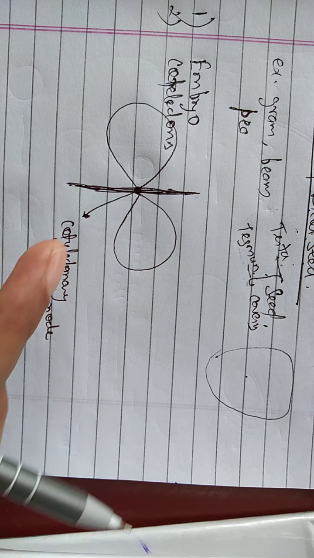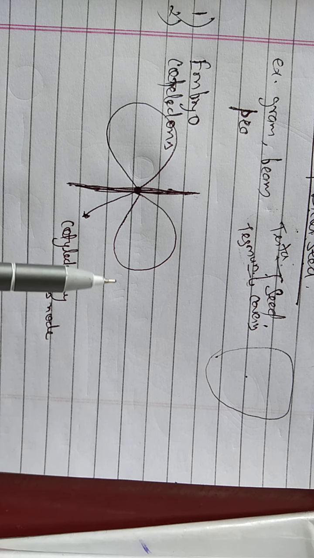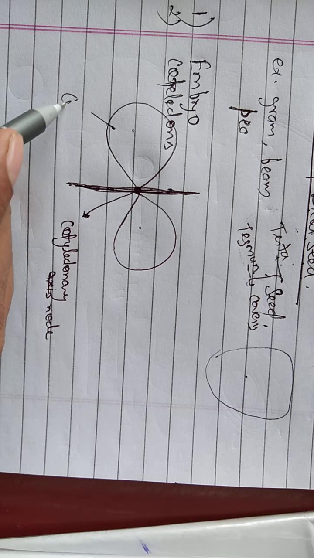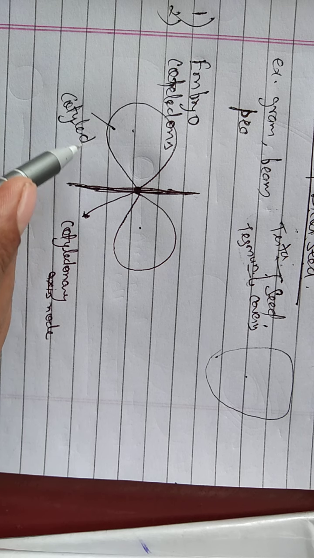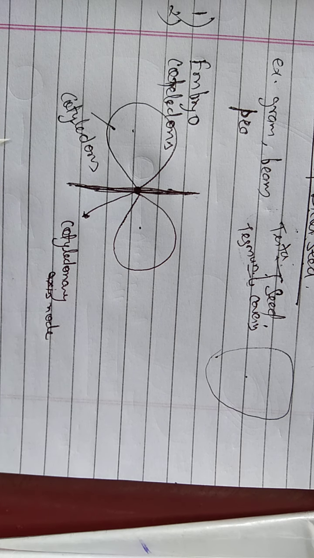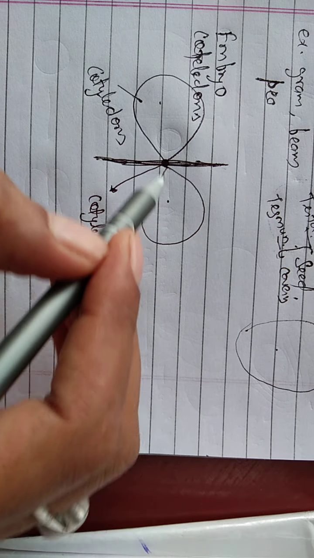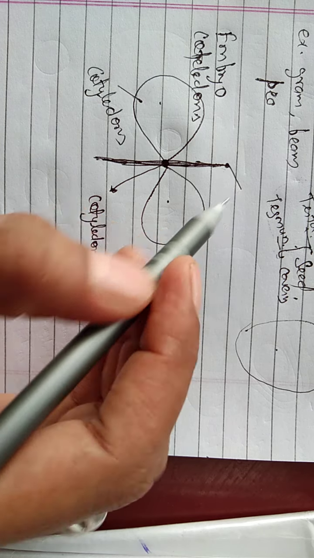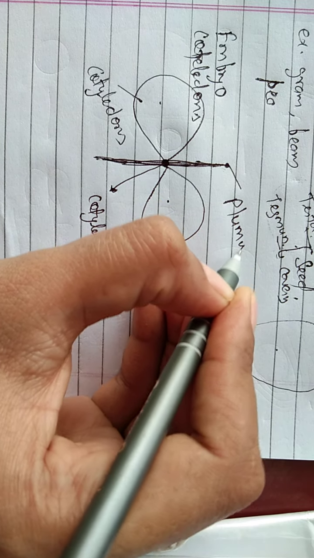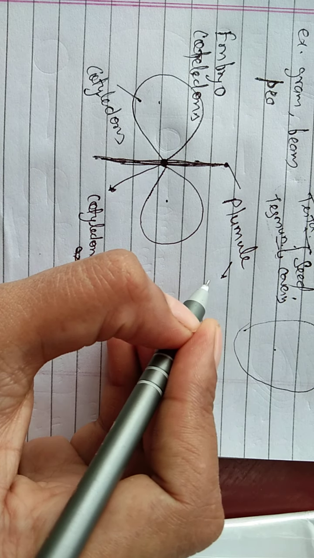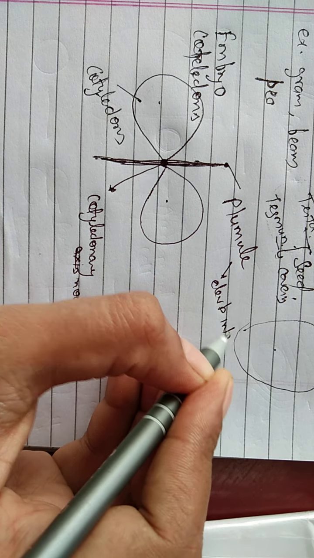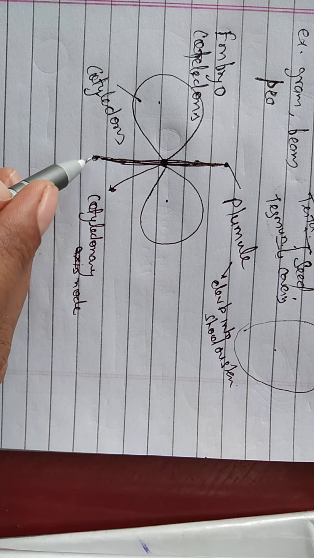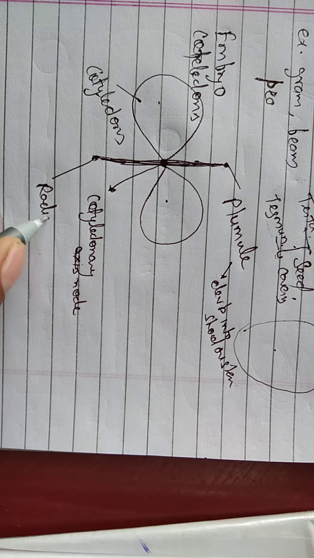It may be thick and fleshy, or it may be normal, depending on the condition of the plant. So two cotyledons are there. The function of the cotyledon is mainly to provide nutrition to the developing embryo during embryonic development. From this cotyledonary node, the upper terminal part is known as the plumule, which later develops into shoot or stem, and the lower terminal part mainly develops into the radicle.